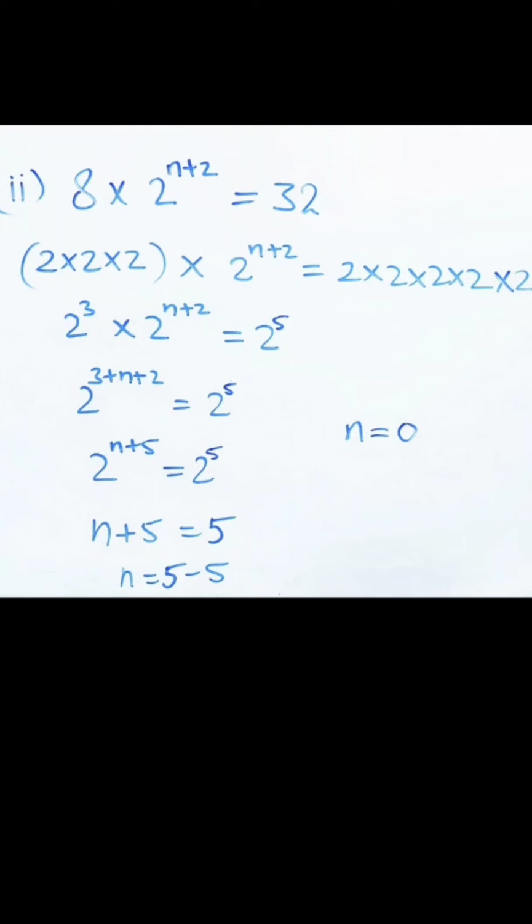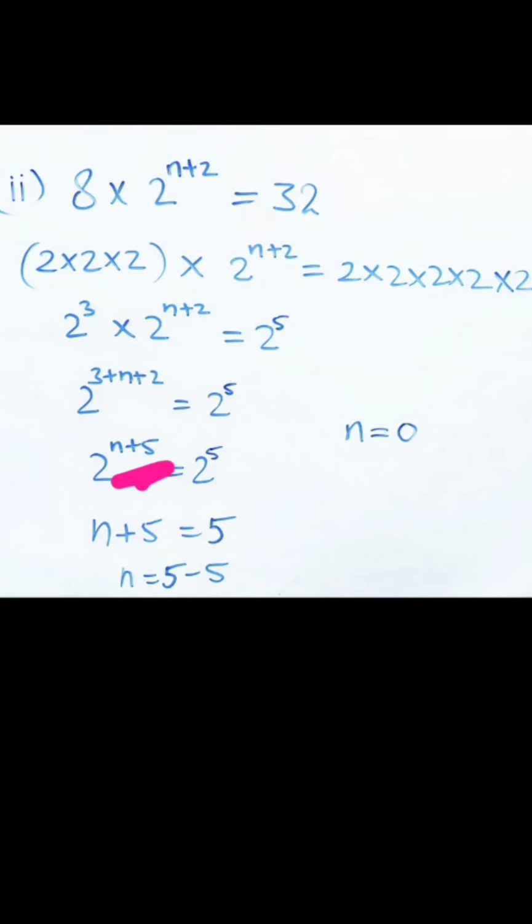And the same we'll write here, multiply 2 into 2 raised to the power n plus 2, same thing we'll write here. Now we can see both bases are same and we are doing multiplication, so we just simply add the powers with the same base. We'll write the base only one time and then add the powers. So 3 plus n plus 2. Now in the next step 3 plus 2 will be 5, so n plus 5.